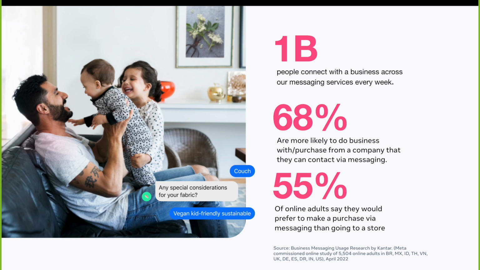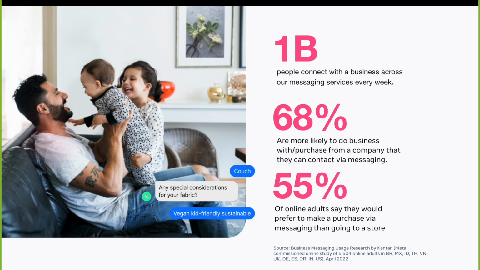Our mission is to make messaging the primary way people and businesses communicate. Business messaging has immense untapped growth potential, and we want to accelerate the shift from phone and email. In a survey conducted by Gartner, it was reported that by 2025, 80% of customer service organizations will have abandoned native mobile apps in favor of messaging.